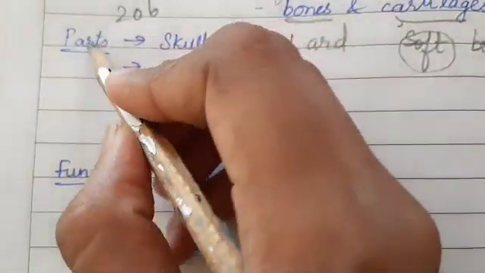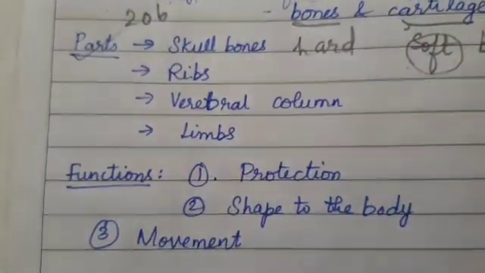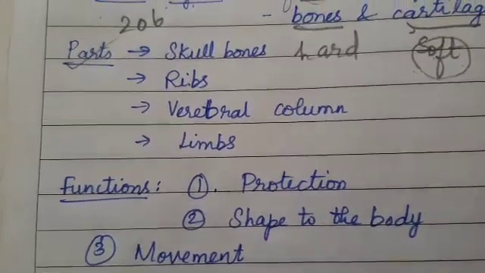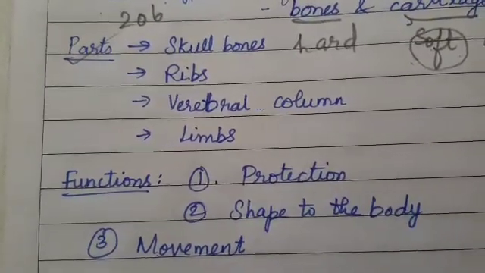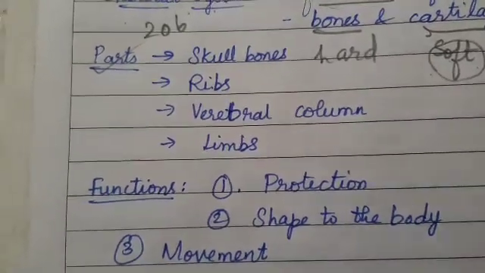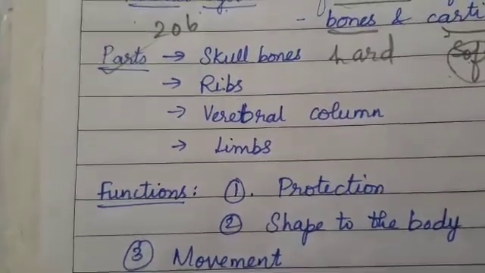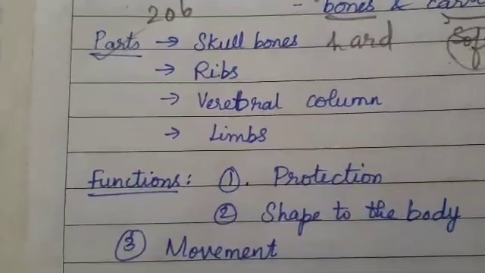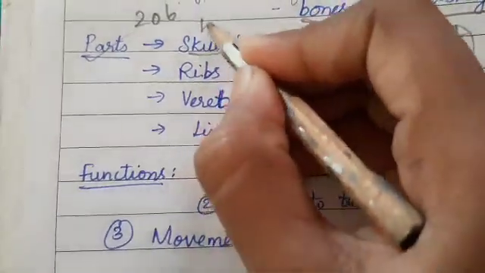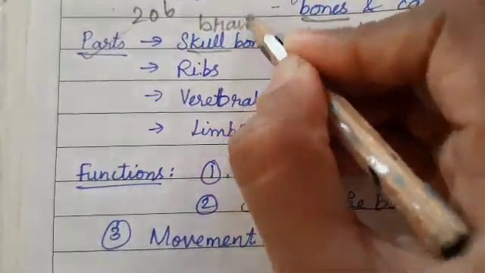Then next, parts of the skeletal system is nothing but where do we find the bones in the human body. Starting from the head till the toe, we'll go line by line. So, step by step. So, first when you touch your head, you could see the hard bone cover called your skull. Right? The skull is protecting your brain.